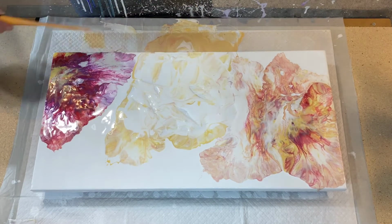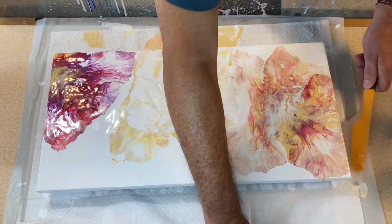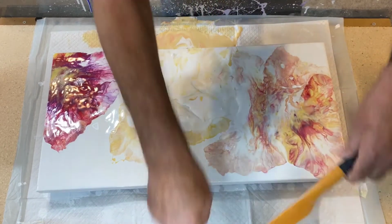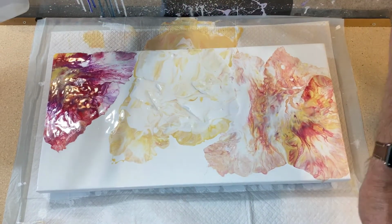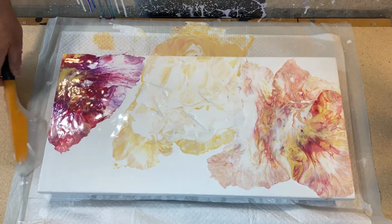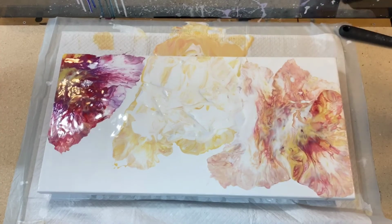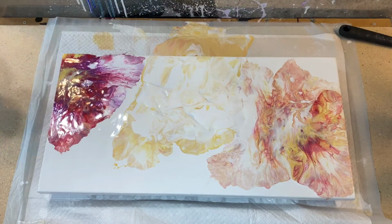Okay, whatever. Remember, this was a restoration piece. So, what do we have to lose? Okay. What should we do in the middle there? What should we do? What should we do? Let's try to...